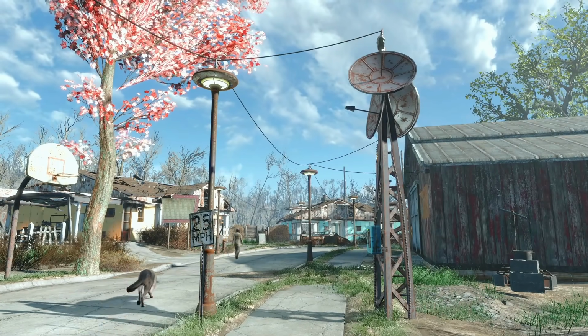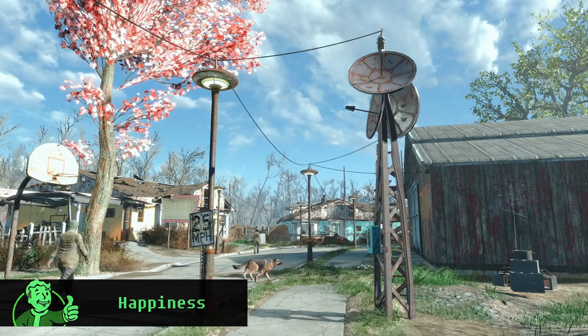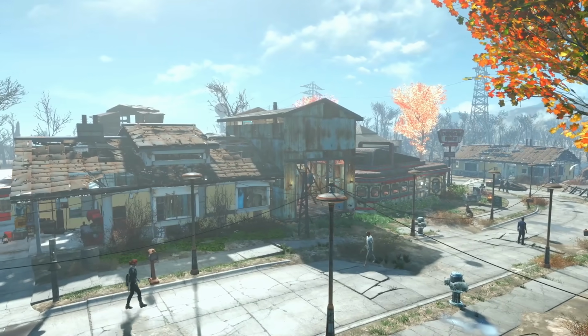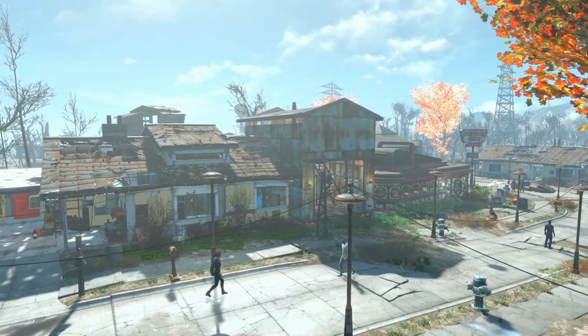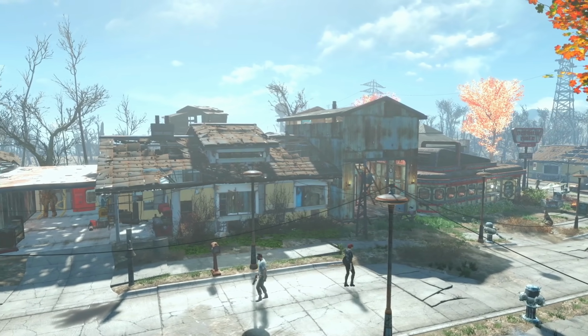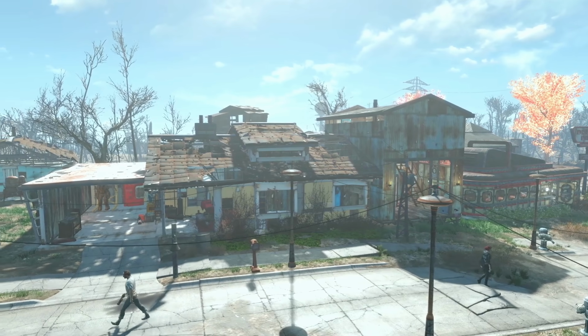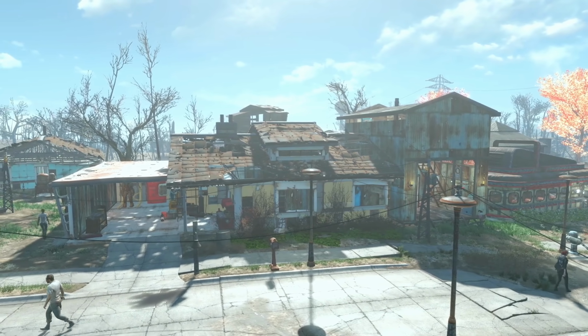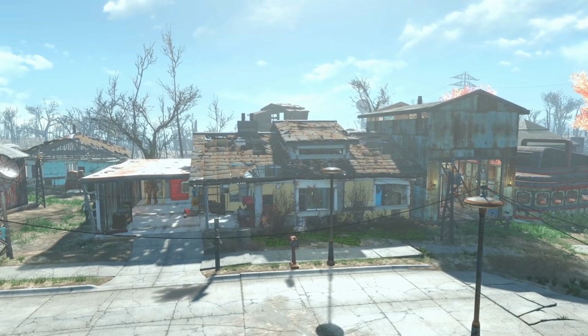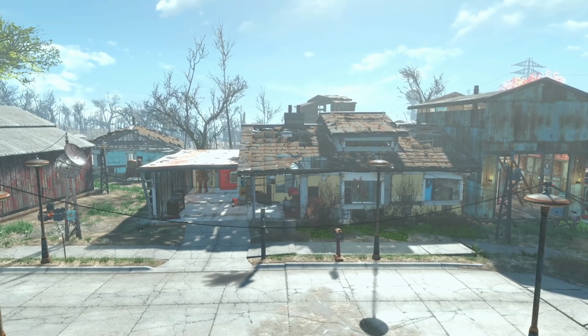Happiness is determined by everything we've talked about so far. For a settlement to be happy, they need enough food and water, a defense rating that is greater than those 2 resources combined, and they also need enough sheltered beds to sleep in. Make sure they have roofs if you want them to be happy. Higher happiness means higher food production, more junk from scavenging, faster recruitment of new settlers, and more caps available from